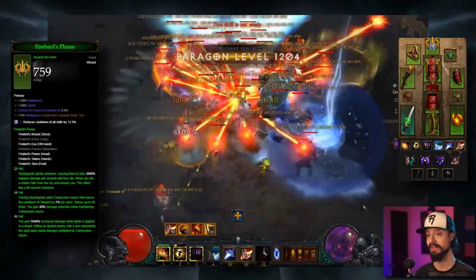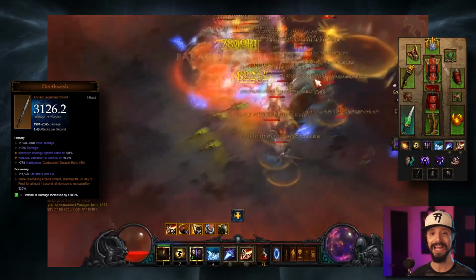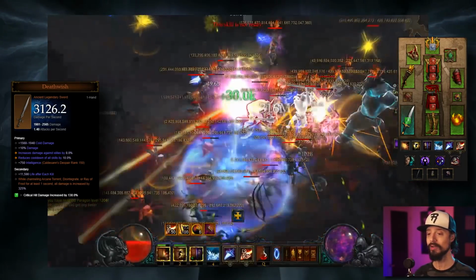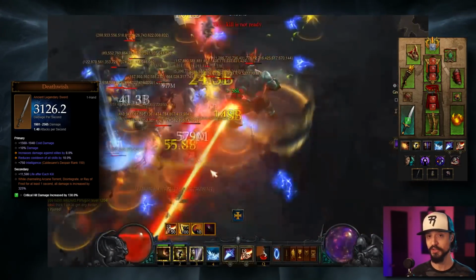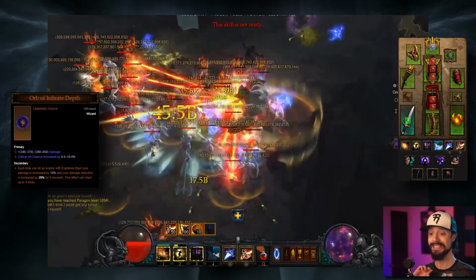Now another item that this build will use that adds a huge damage multiplier is the Death Wish one-handed sword. While channeling Disintegrate for at least 1 second, all damage is increased. And then we'll also want to work in the Orb of Infinite Depth as another critical piece of damage mitigation